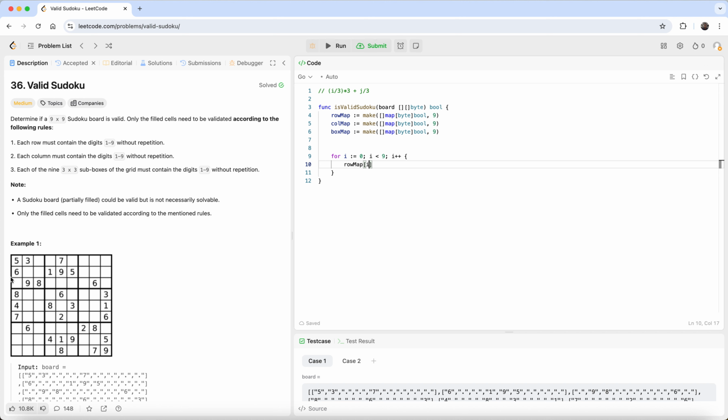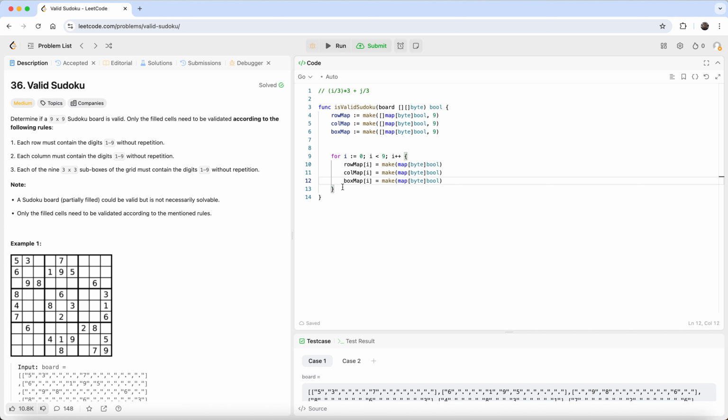So for 0, 1, 2, 3 there are different maps. So here I'm going to initialize the map, make map, byte and boolean. So we initialize the map, we allocated the memory for the map so that we can put the value there. Let's copy and paste, and this is for column map, and this is the